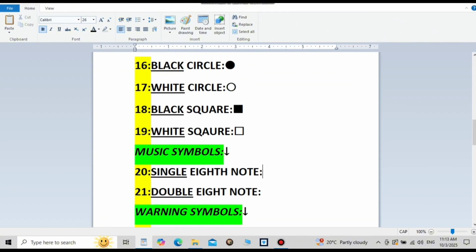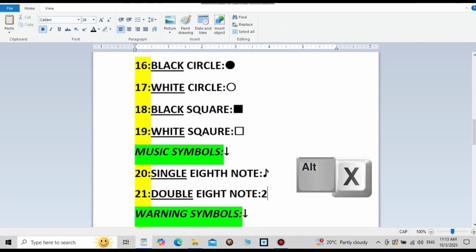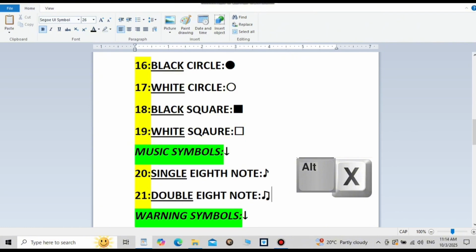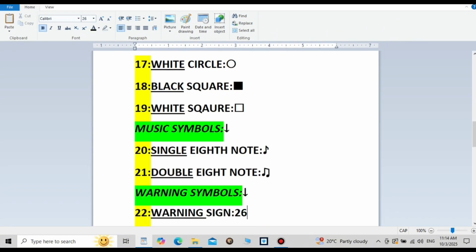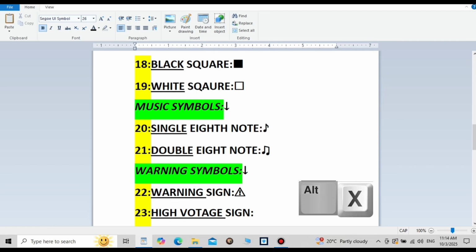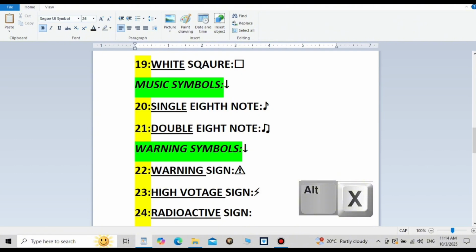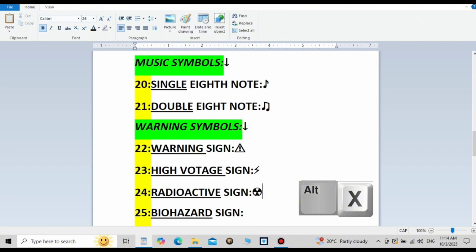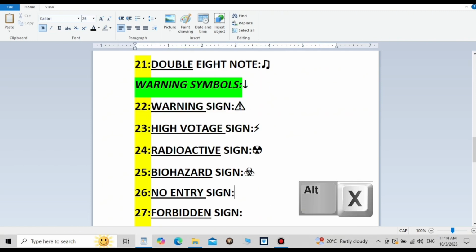Music symbols. Type 266A plus Alt and X for single note and 266B plus Alt and X for double note. Type 26A0 plus Alt and X for warning sign, 26A1 plus Alt and X for high voltage, 2622 plus Alt and X for radioactive, 2623 plus Alt and X for biohazard,